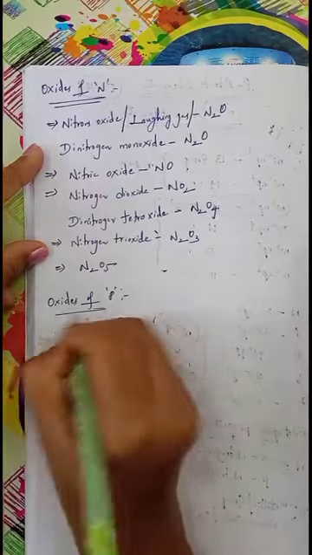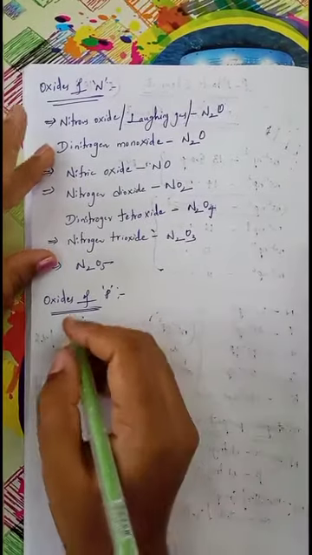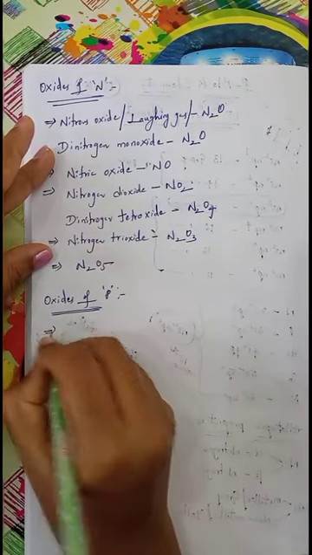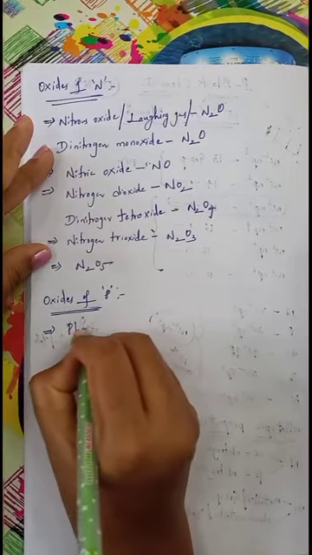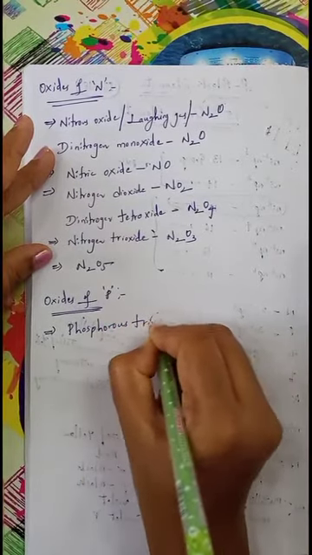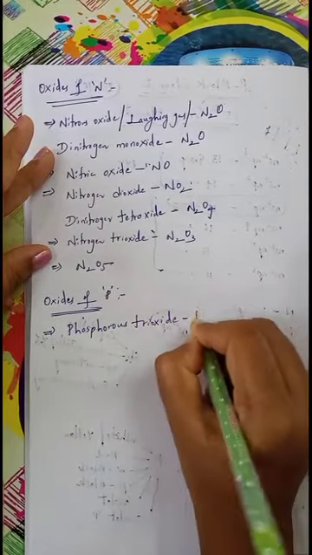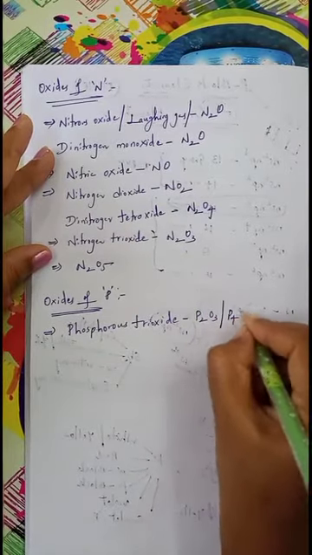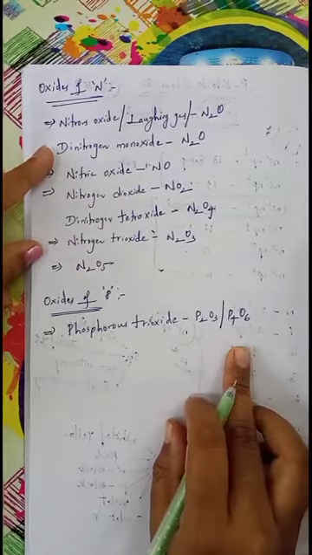phosphorus. Okay, so phosphorus can exist in two different types of oxides. First one is phosphorus trioxide. The formula of phosphorus trioxide is P2O3, or it also exists as P4O6 in dimeric form. Next one,